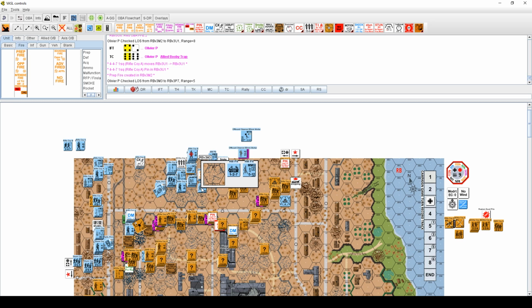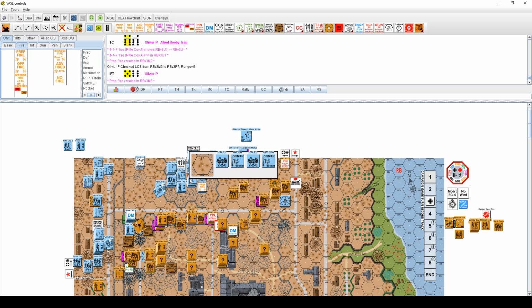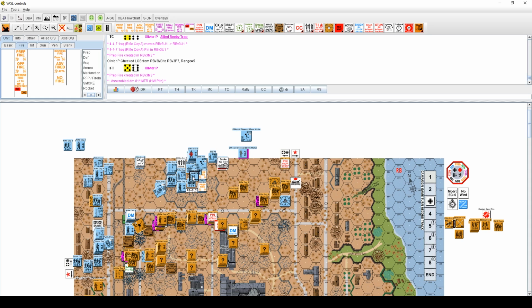So we saw a boxcars task check followed up by an almost boxcars IFT roll. The task check declares allied booby traps because that's a special scenario rule, or SSR. The Russians always have booby trap capability, and the idea behind it is that booby traps, if you happen to roll a 12 on a task check,